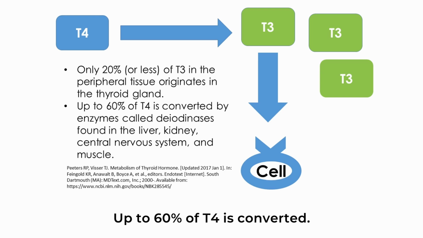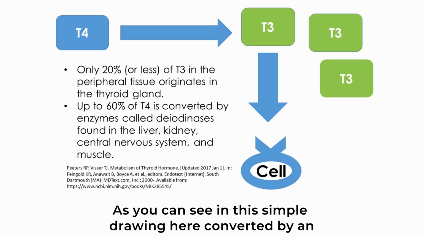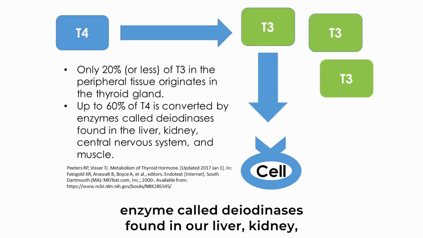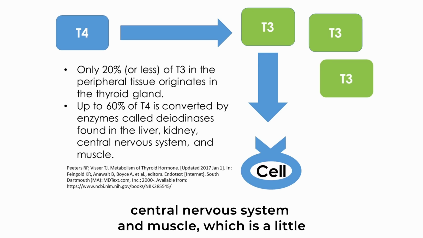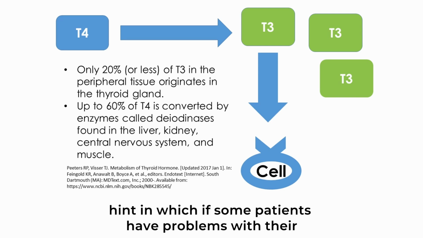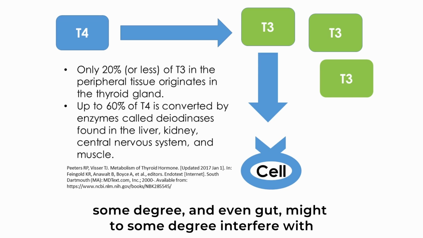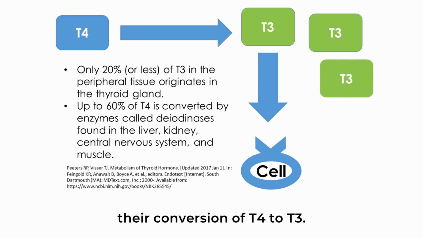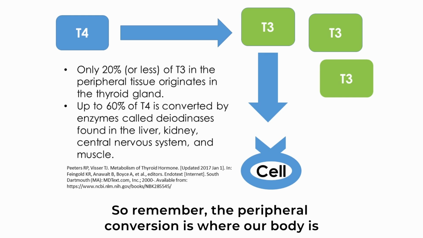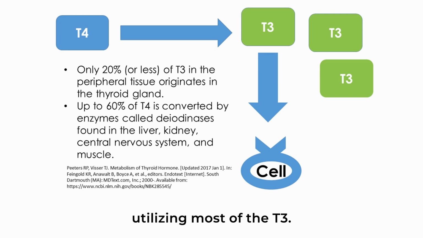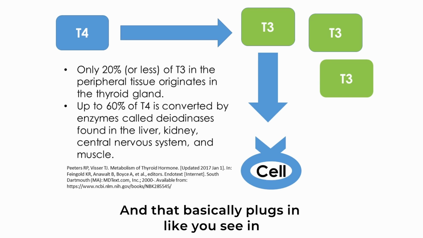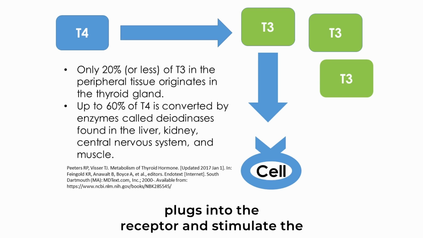Up to 60% of T4 is converted, as you can see in this simple drawing, by enzymes called deiodinases found in our liver, kidney, central nervous system, and muscle. A little hint: if some patients have problems with their metabolism or dysfunction of the liver, kidney, and even gut, that might to some degree interfere with their conversion of T4 to T3. So remember, the peripheral conversion is where our body utilizes most of the T3, and it plugs into the receptor and stimulates the